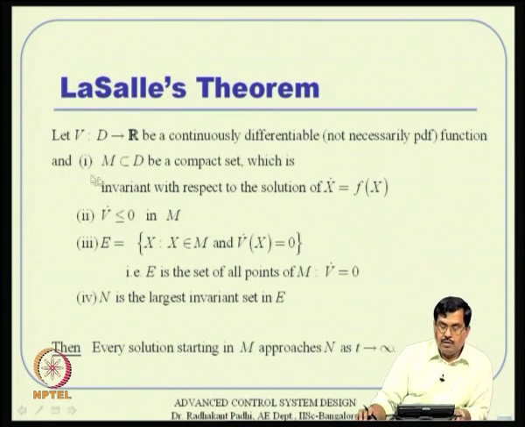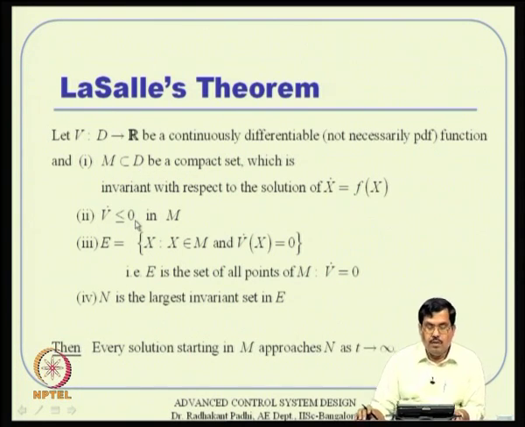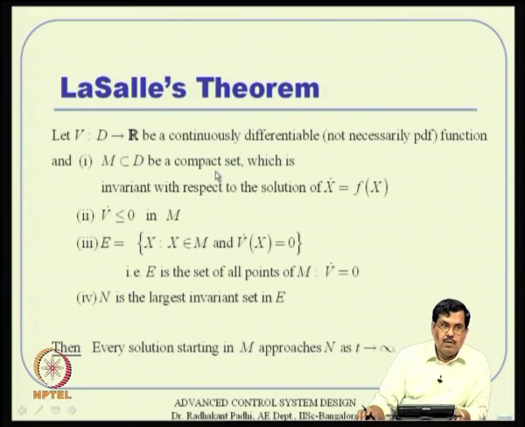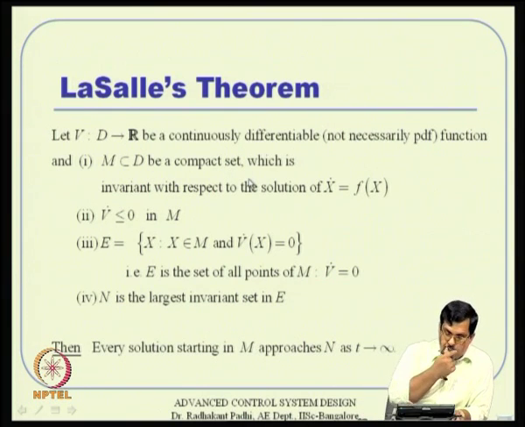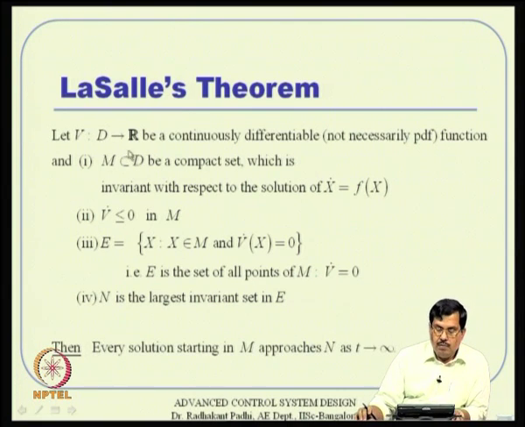First condition is there is a set M which is a subset of D and is a compact set. Compact is something like a closed and bounded set. Okay. And not only is it a compact set, but this particular subset M is an invariant set with respect to the solution. Okay. Once the solution enters this M, it cannot leave. Okay. And within that M, it is also true that V dot is less than or equal to 0. Okay. And then we define that set E, a subset of that particular M rather, okay,